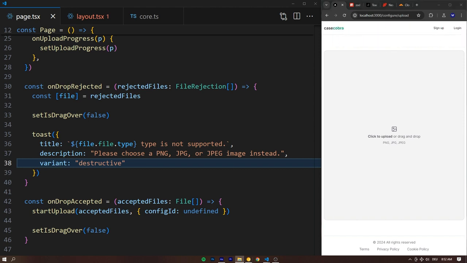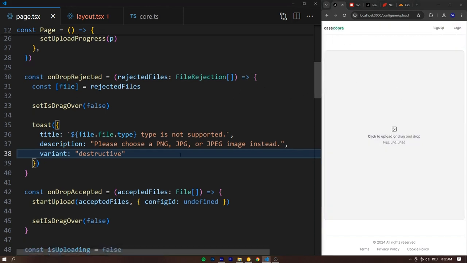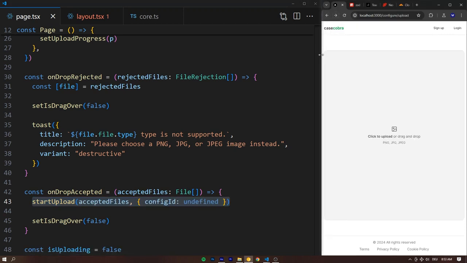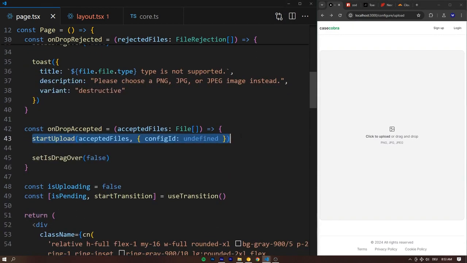Okay, and if I now try to upload a normal image of myself, then we shouldn't get a toast, but instead we should get the startUpload function invoked. And whoa, okay, that worked really fast. We already got redirected. That's good. But currently we're mocking the isUploading state, right? So if I drag in this image, then the functionality actually already works, but we're still kind of mocking out